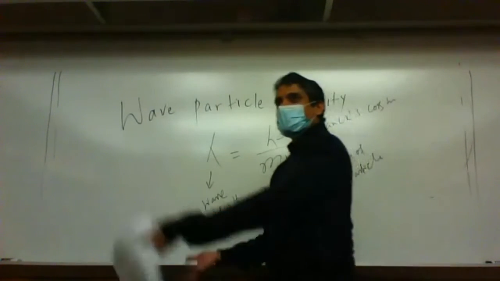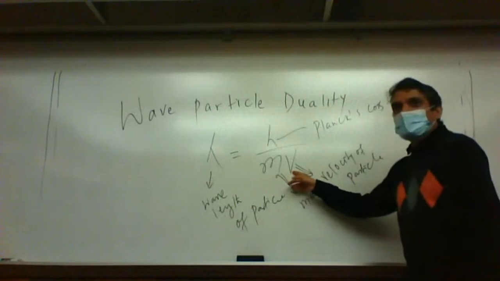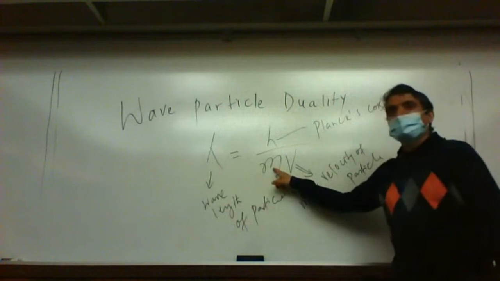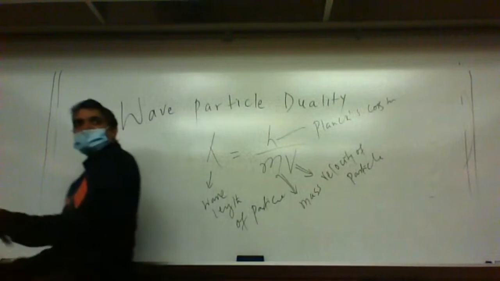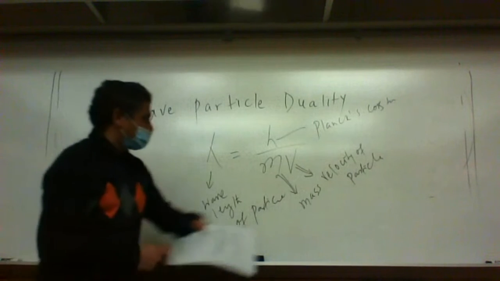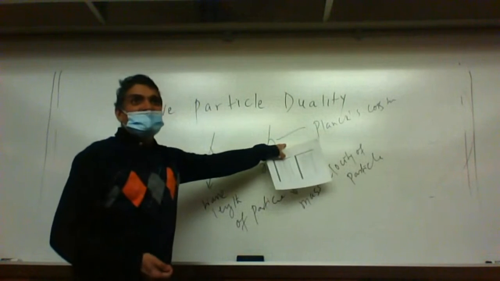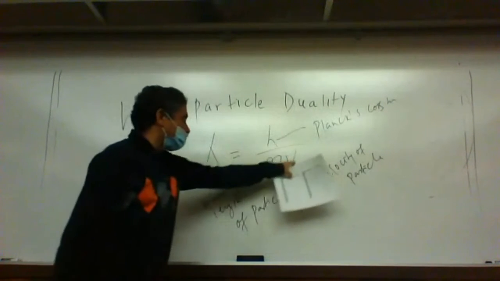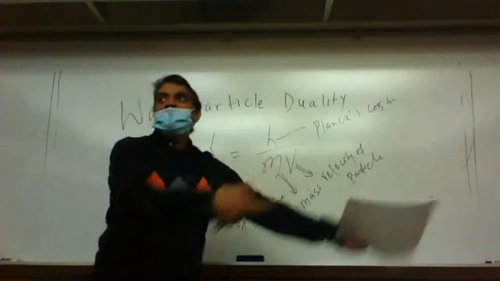I'm moving with a certain velocity, right? I'm just moving this way or that way, so I put that velocity here. And what is my mass? My mass is about 60 kilograms, so I put 60 kilograms here, along with my velocity. And what is h? h is 6.62 times 10 to the power minus 34 joule seconds. So you multiply and calculate all these things in the calculator, and whatever number comes is my wavelength